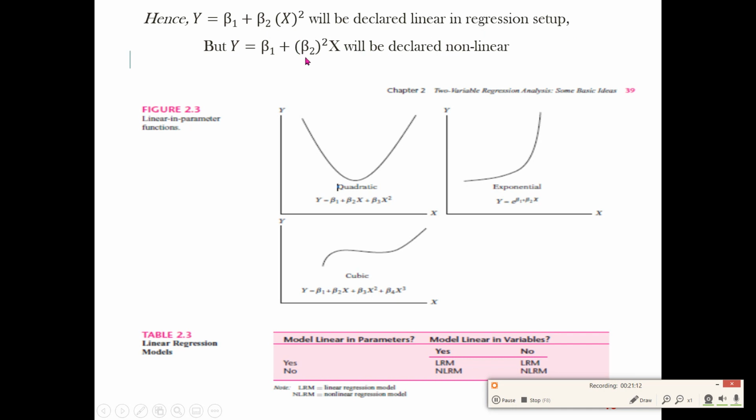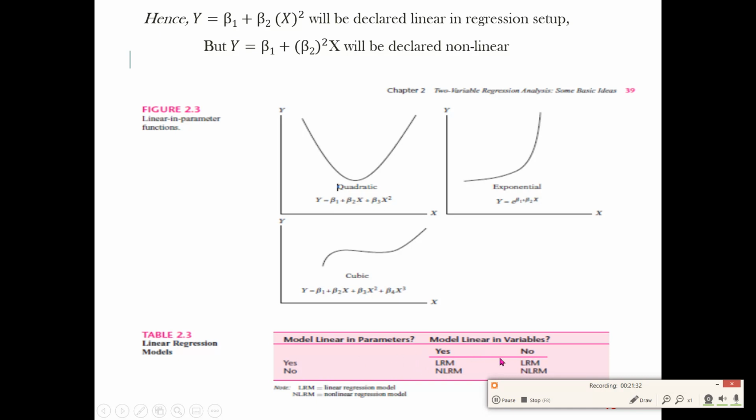But if beta has power other than 1, right? For example, if we have this equation where beta 2 is in square form, then this will be declared non-linear, right? Okay, so